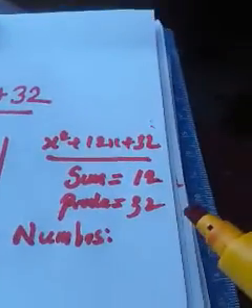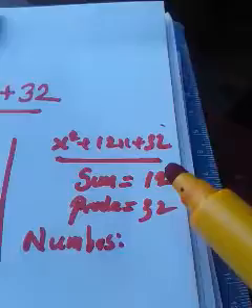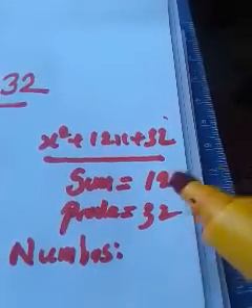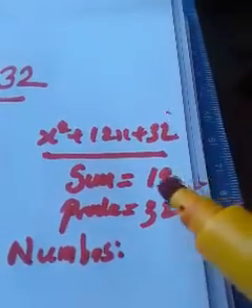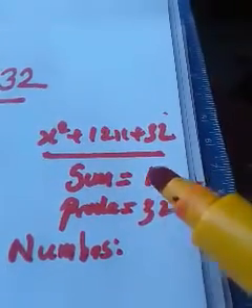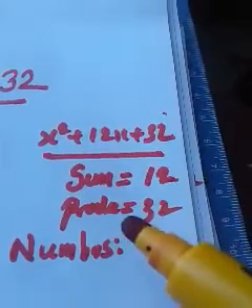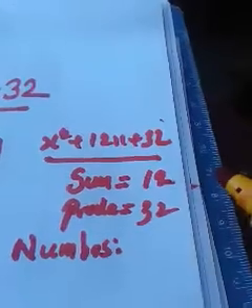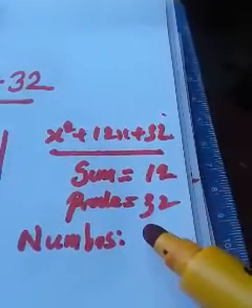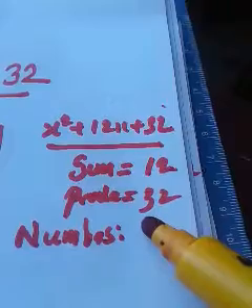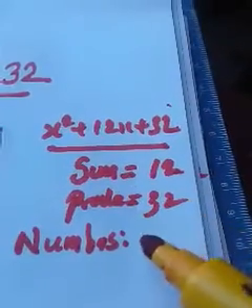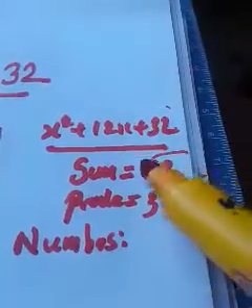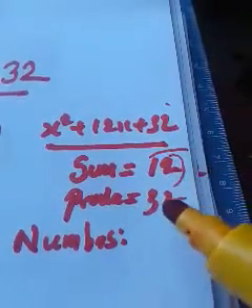Now we can pause the video and you just think about which are the two numbers such that, while you are adding those two numbers we need to get 12, and while you are multiplying the same numbers we have to get 32. Which are the numbers? Can it be 6 and 2? No, it cannot be 6 and 2, because while you are adding 6 and 2 we will get 8. No, we have to get sum as 12 and product as 32.